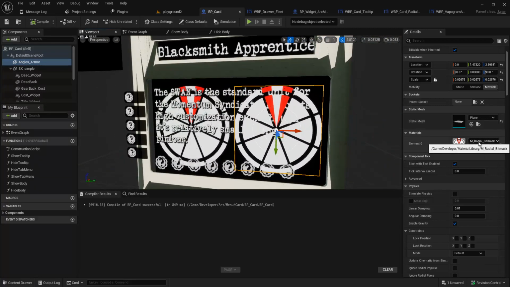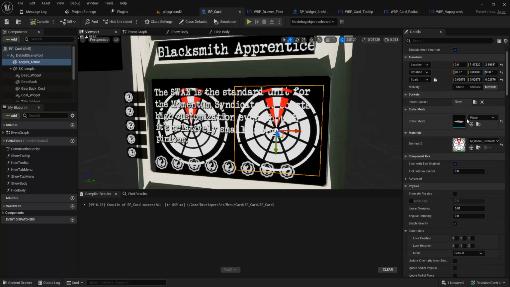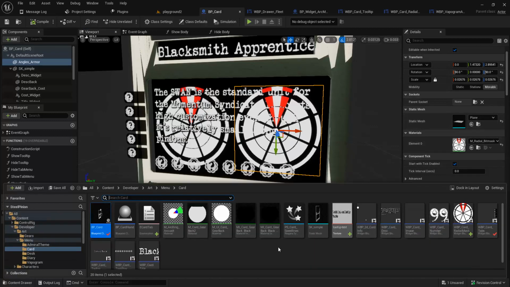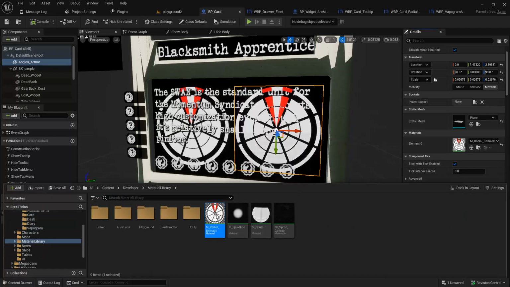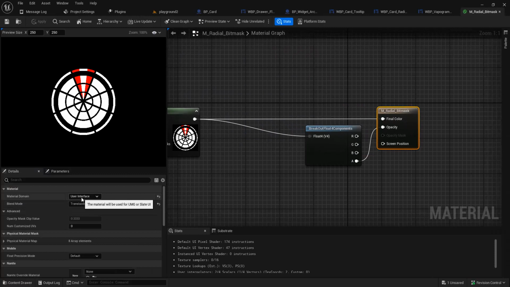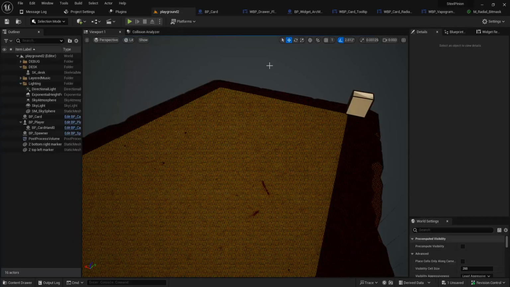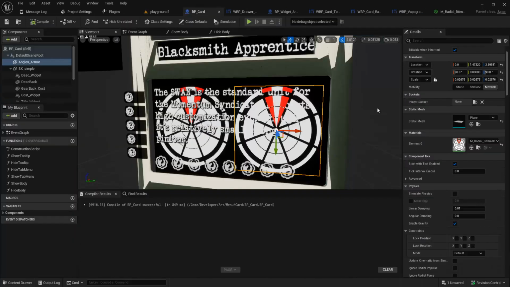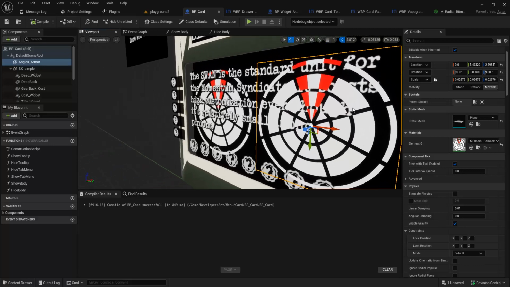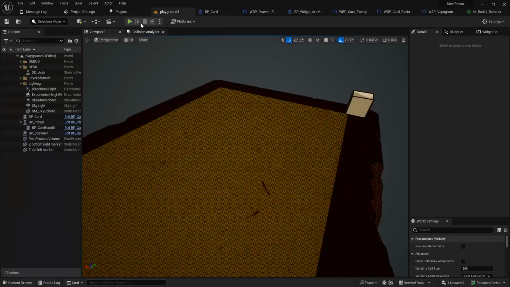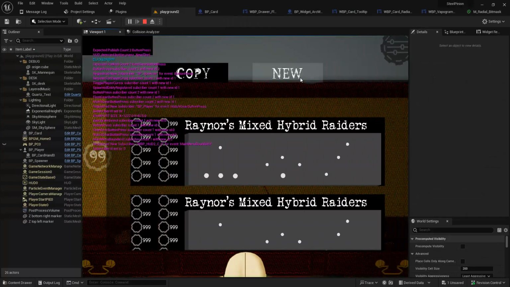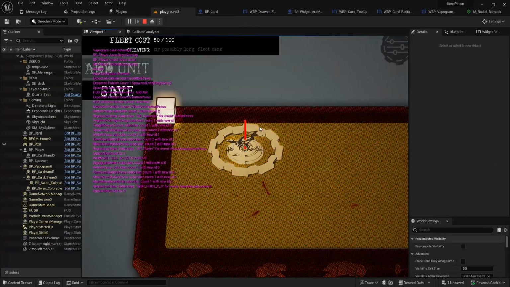So I threw this guy on, but it turns out it'll let you do this, but it doesn't tell you. It's set to user interface translucent. Something about it being user interface, I think, is what's causing the issue. Whenever we try to render it in game, it works fine here, which is a little misleading, but then it won't render properly in the game. And so, what got me to finally figure this out